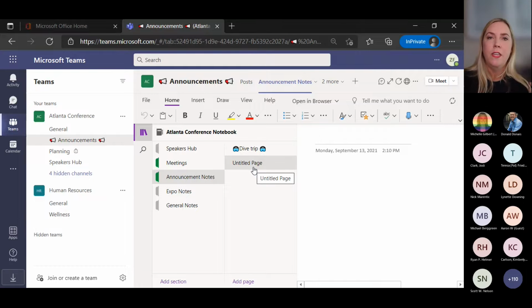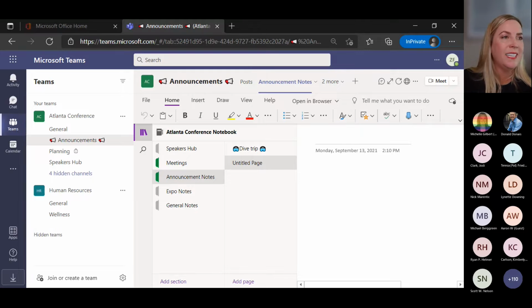Just because I feel like the search capabilities are there in OneNote, where in Wiki, we didn't have the search capabilities. I haven't checked it lately. Michelle or Michael or anyone else, feel free to jump in if you know if those capabilities are there now. But for the longest time, Wiki did not have the search capabilities. So those are two different things for you to think about for collaboration and for making sure everybody can find the information they need later on. It's important to be able to search for things. So I think that OneNote might be the differentiator there if you're trying to figure out which way you want to go. But again, Wiki is the one that is connected to the Teams meetings for now.